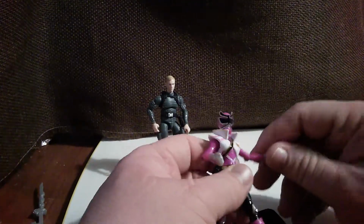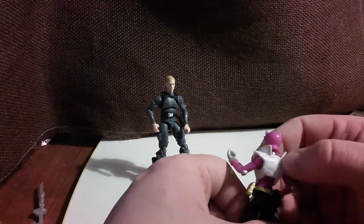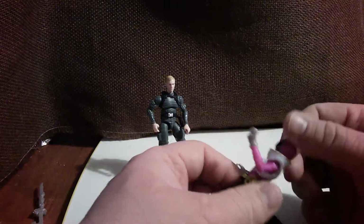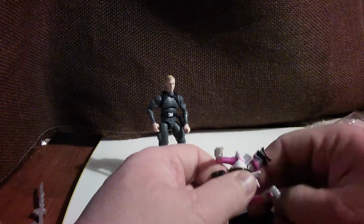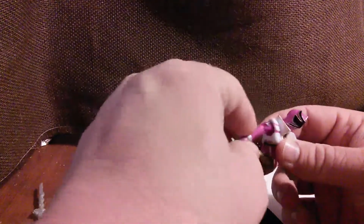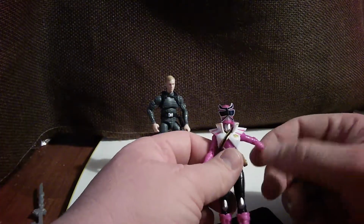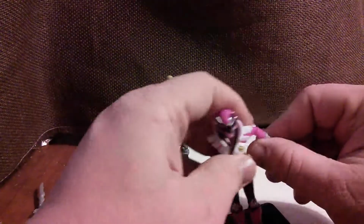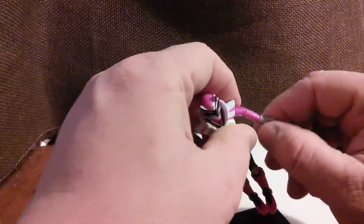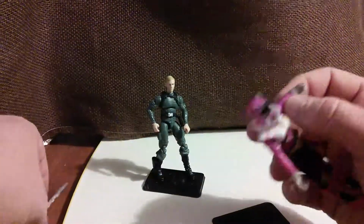for making a warlock. She has the high collar, which is kind of cool. I'll probably just sculpt that in the back. And I might actually take this head off and just do a custom head to make a warlock here. Only thing is, her arms are very slender, so like the warlocks, typically the coat goes all the way down. You'd be looking at a lot of sculpting, and you'd want to protect the posability of the figure. Now this hand is bending at the hand, so you can make your holder sword, I assume,